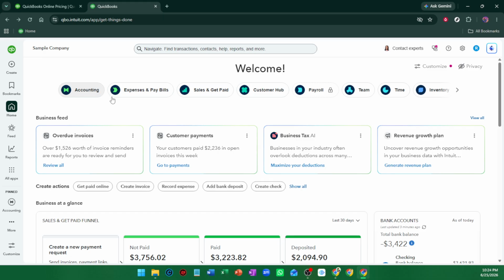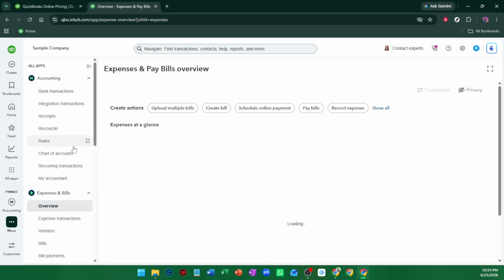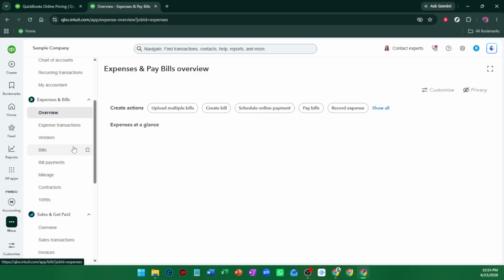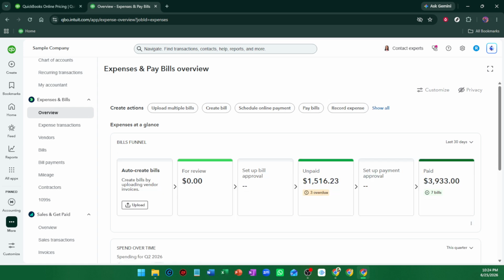setup area. Once you're inside QuickBooks, look for the expenses and pay bills section in the left-hand navigation menu and click on it. This area is where QuickBooks keeps track of the money going out of your business, including bills, expenses, and the vendors you work with. If you're new to the platform, this section is especially important because it helps keep your records organized from the